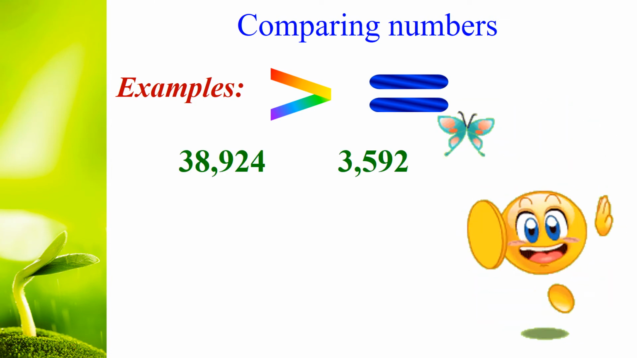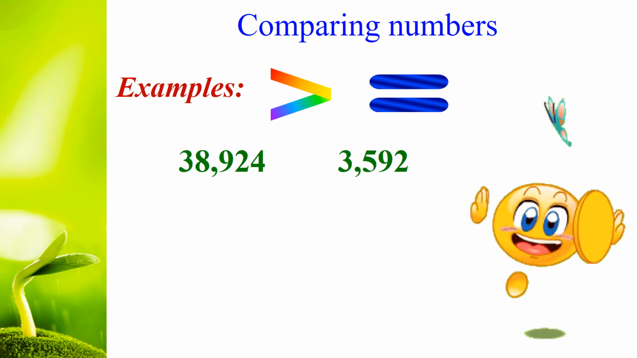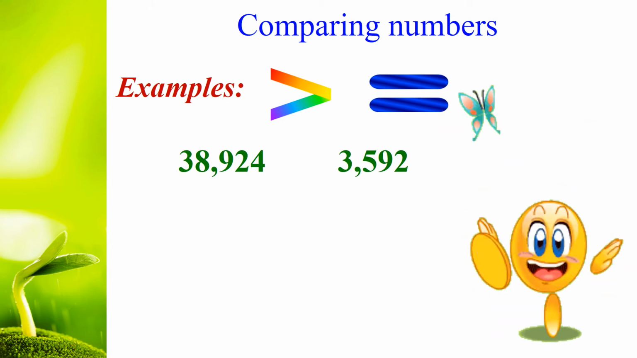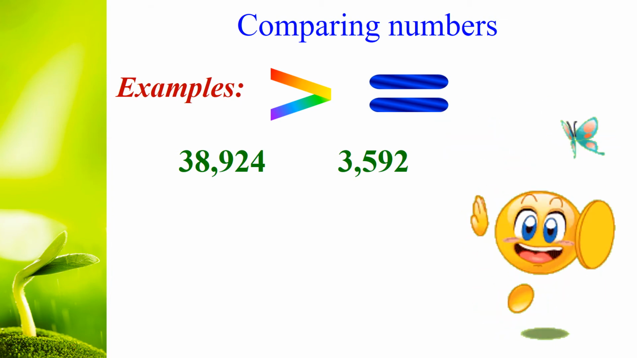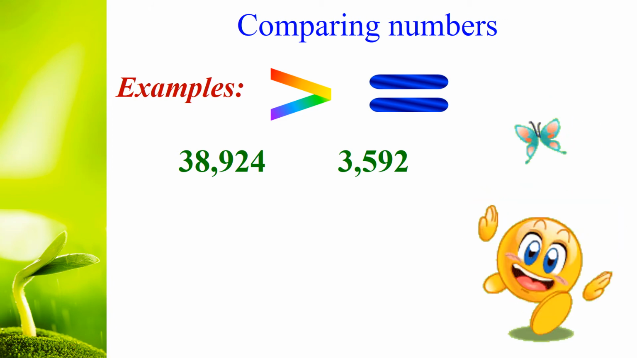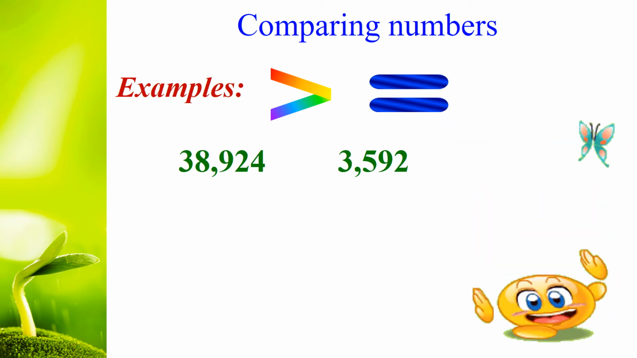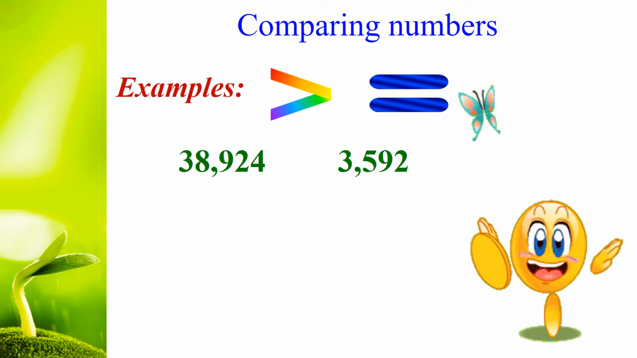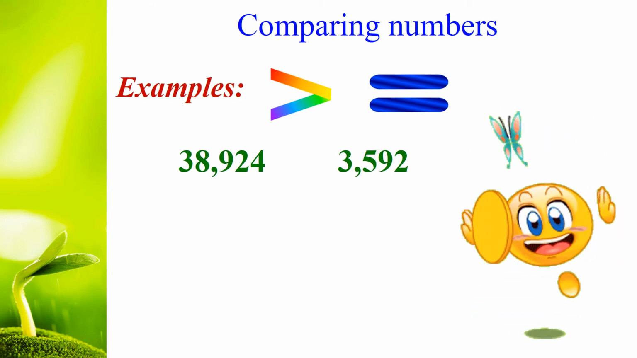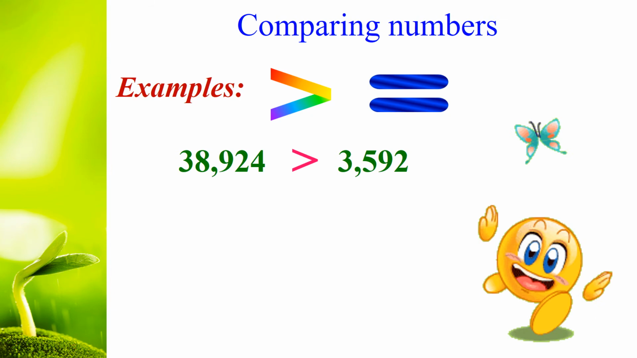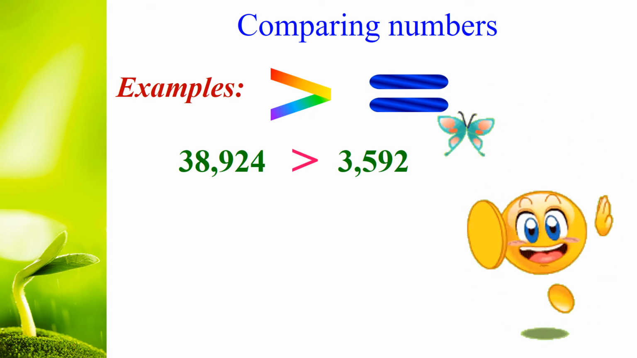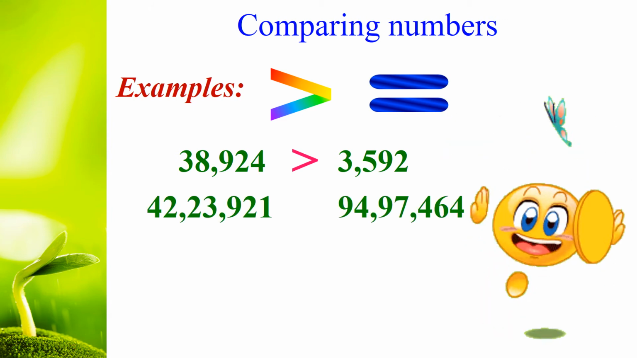So the first number is 38,924. The other number is 3,592. Here the first number is a 5 digit number. The second number is a 4 digit number. So we can easily identify that the 5 digit number is the greatest number. Therefore 38,924 is the greatest number. Next,